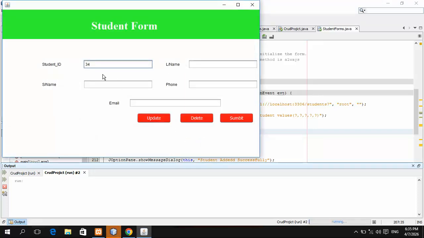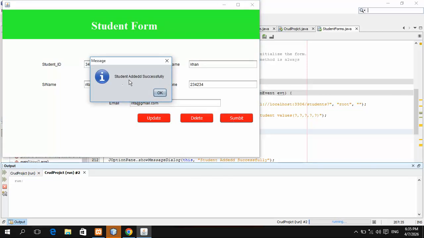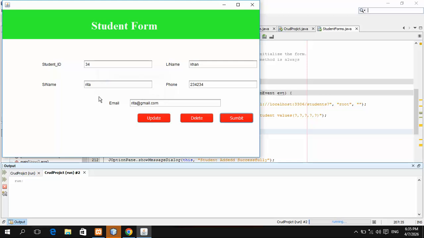For example, this is student name Rita and last name is Khan, phone number is this, and email is rita@gmail.com. Click on the submit button. So student added successfully. So this is very easy, but sometimes we get some mistakes.